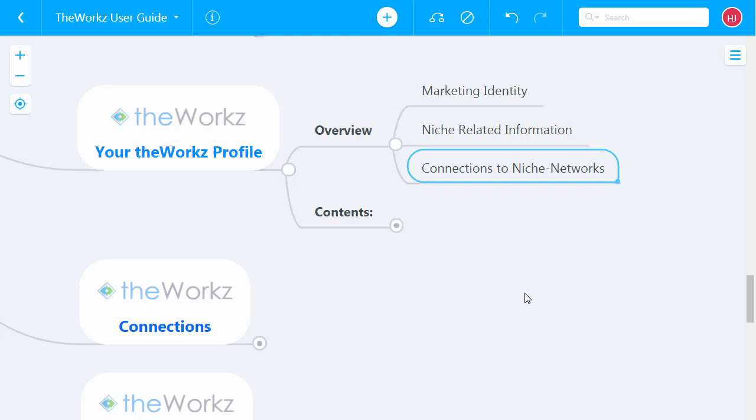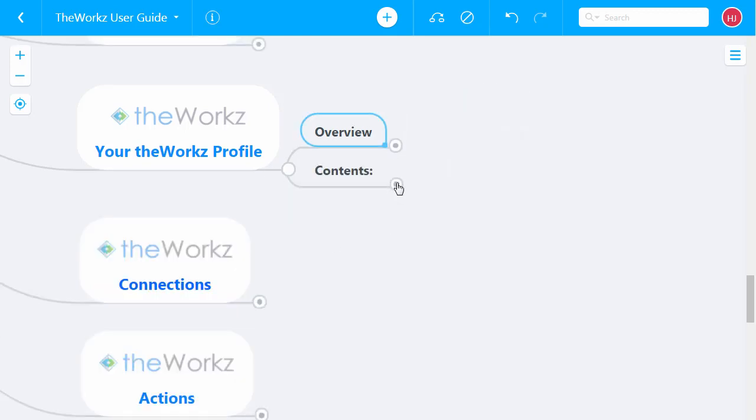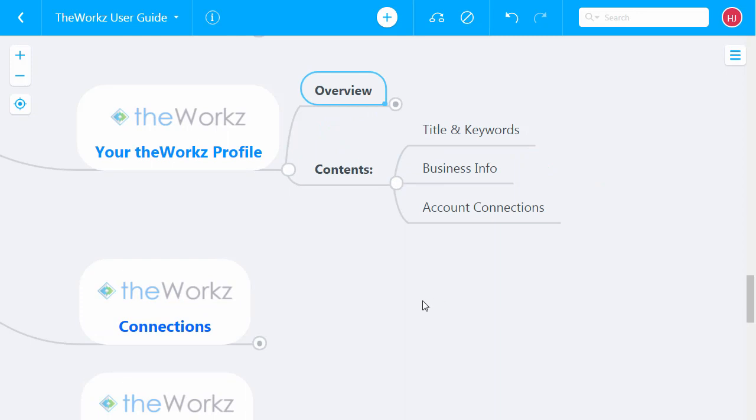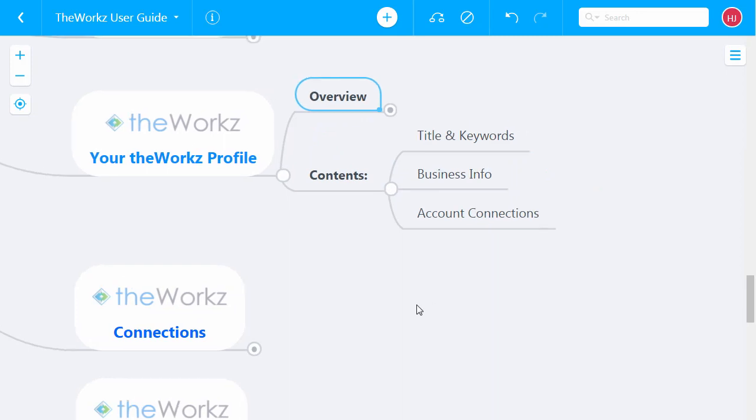And once again, the content of your profile is going to consist of the title, keywords, description, mission statement, the business info, email, the website you want to promote, various other properties of the business, and again the account connections. So I kind of go over that already.